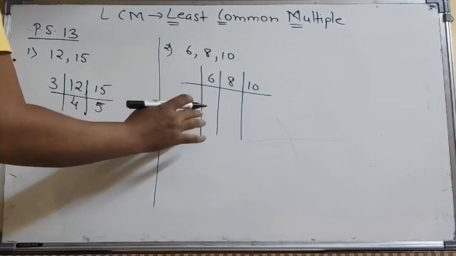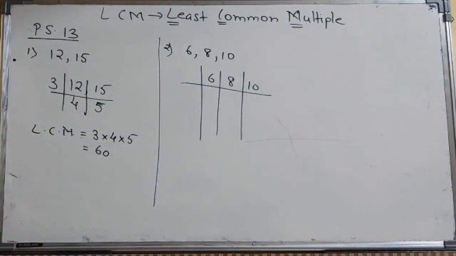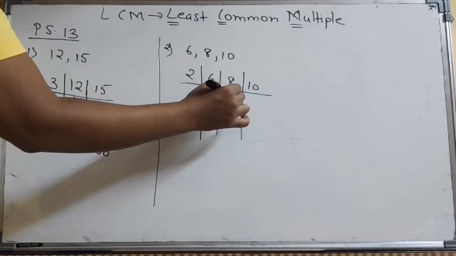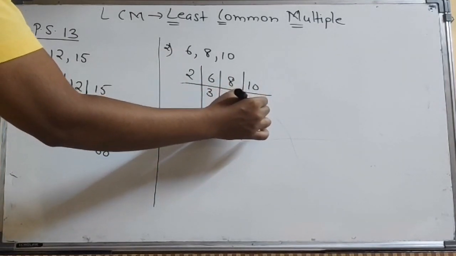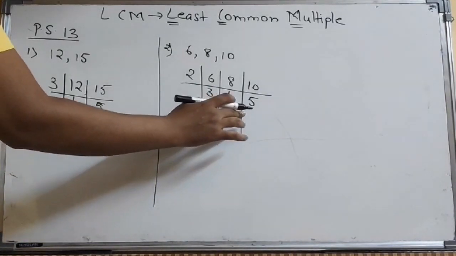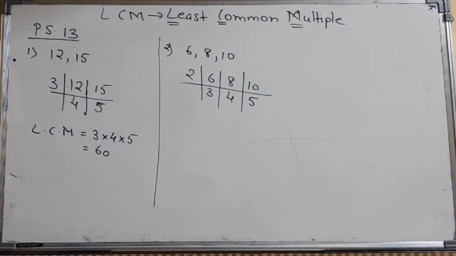So the first or the smallest prime number which can divide all the three numbers 6, 8 and 10 is 2. 2 3s are 6, 2 4s are 8 and 2 5s are 10. After this we cannot get a number which can divide all these three numbers. So the LCM will be